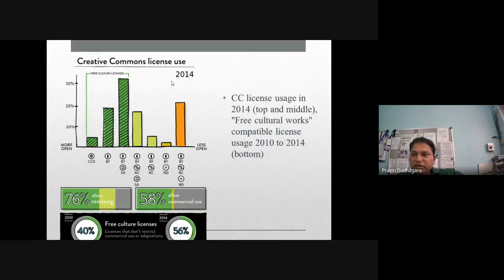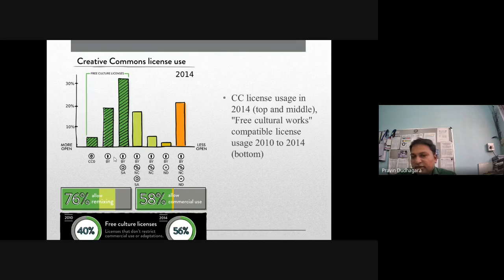Okay, so with CC license use, you can see that the free culture license is now very useful, and at the international level, various associations of science and medical science promote CC0, CC BY and CC BY SA. So all of that content is freely available. If it is CC BY NC, the content cannot be freely available. You have to pay rupees or dollars, and then